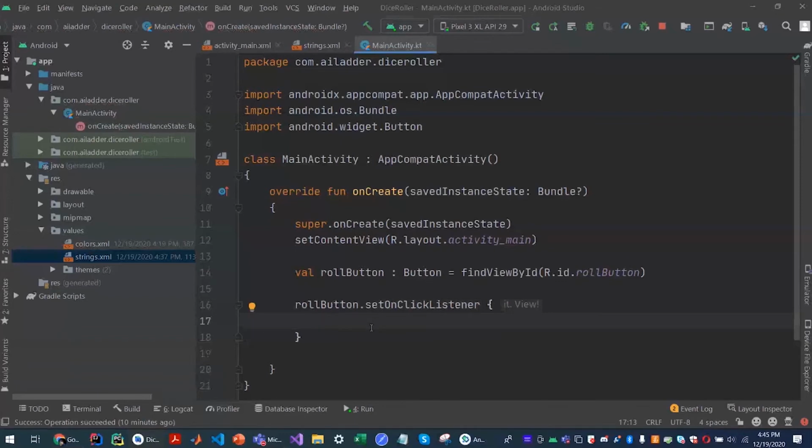When the button is clicked, whatever code we write inside here will be executed. You can think of it as a special function that only gets called when the button is interacted with. Like I mentioned, there are plenty of other listeners, like on success listener, on failure listener. We'll come across those as we go, but for now, this is enough for us.